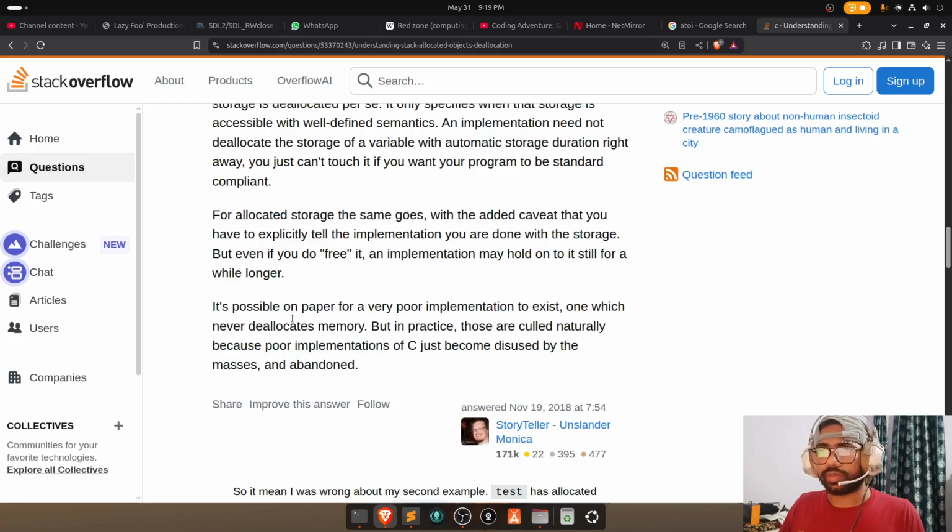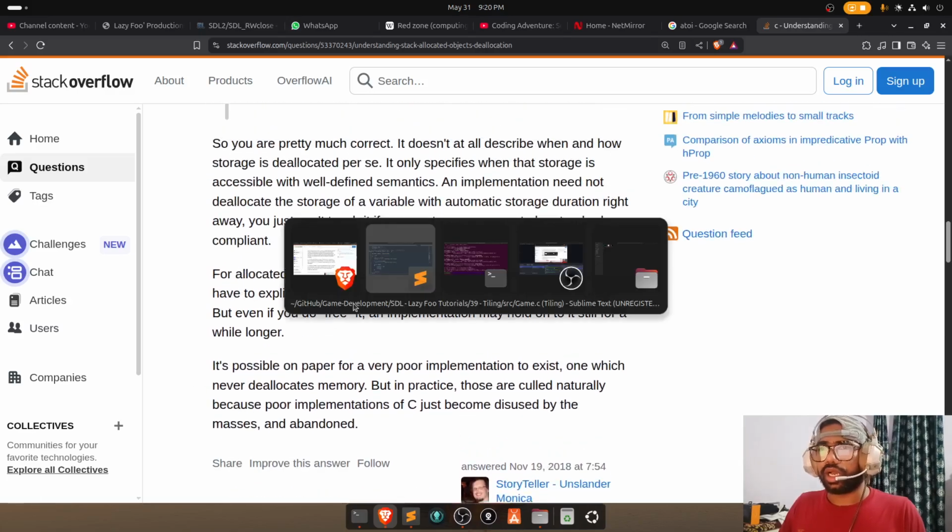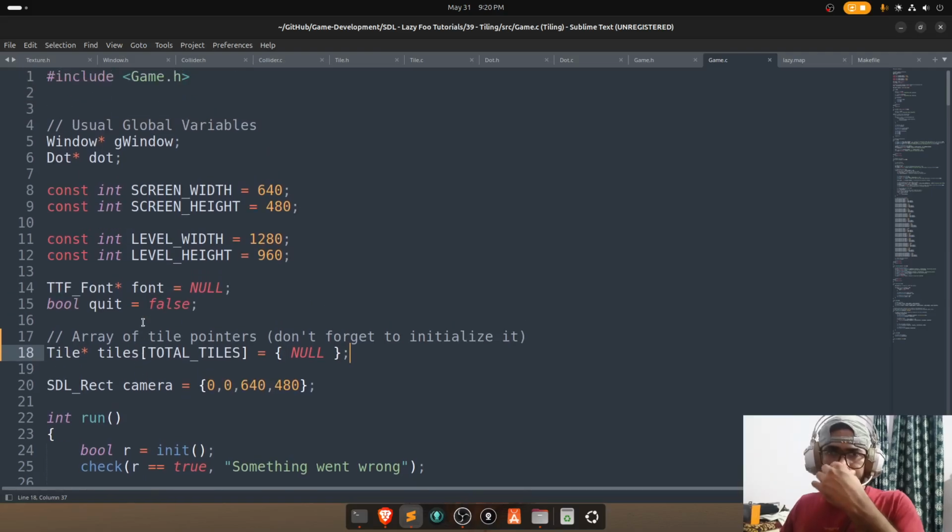It is possible on paper for a very poor implementation to exist, one which never deallocates memory, but in practice those are culled naturally because poor implementations just become disused by the masses and abandoned. Okay, so see, don't forget to initialize it. Okay,